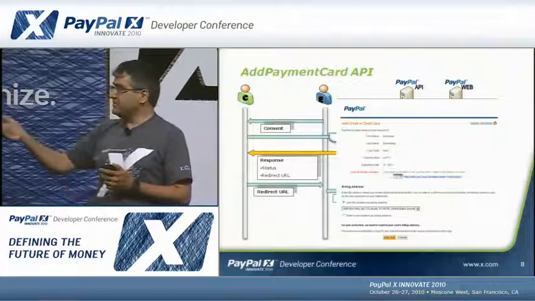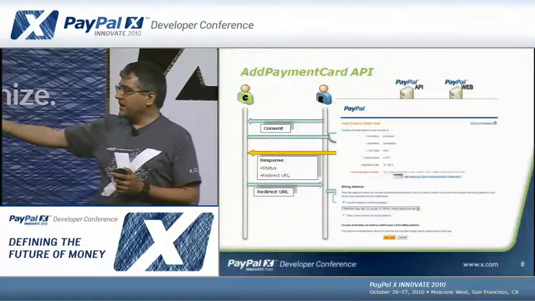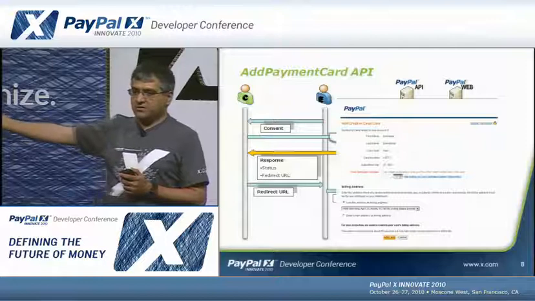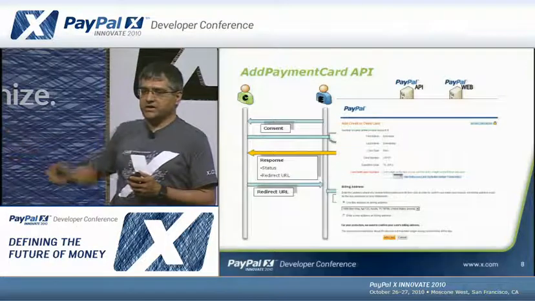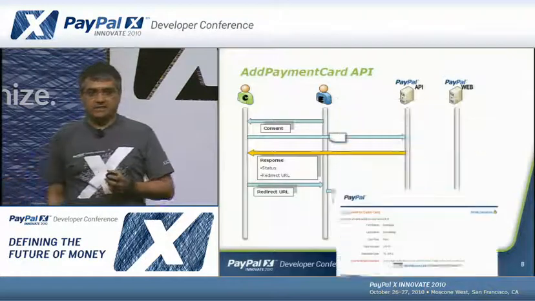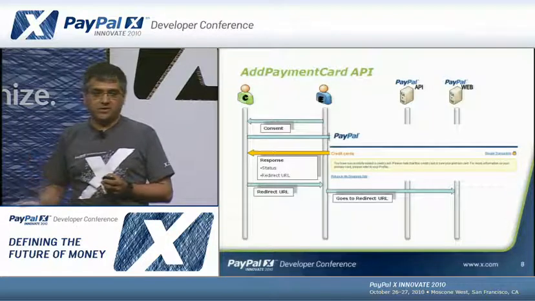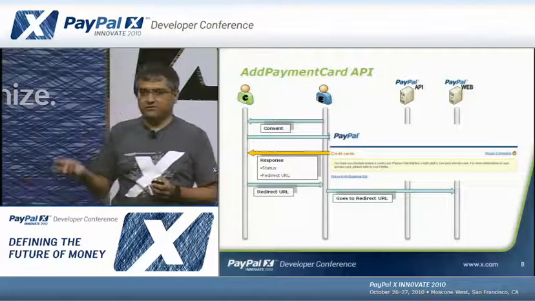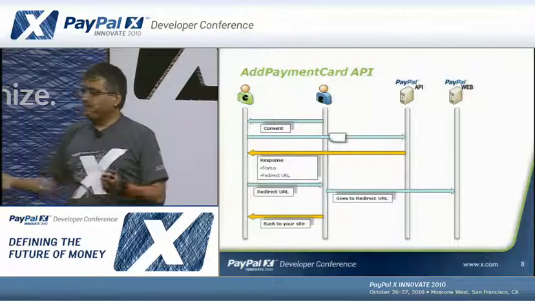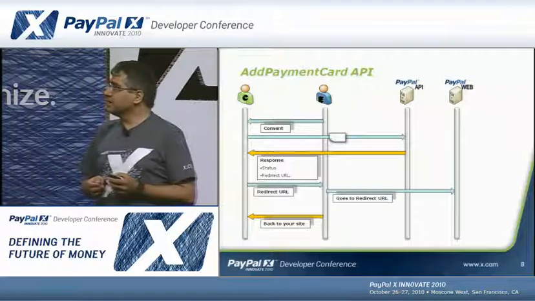So at that point, the end user must enter in the CVV number of the card in question and change or update the billing address as they see fit. So they have opportunity to add a whole new billing address if they so choose, or change it, or select one different one from their account. Click Add Card. They get an acknowledgement saying the card has been added, and at that point it's ready to go. So the card is available for purchases, what have you, right away. And then they're back on your site to complete the transaction that you were starting with them.